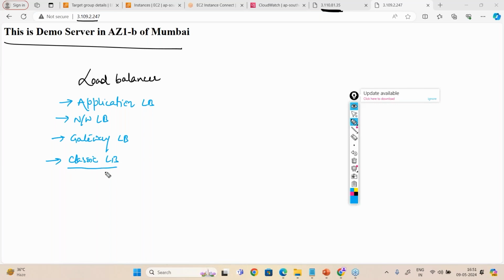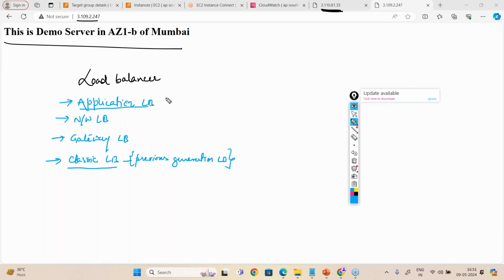Classic load balancer is a previous generation load balancer. Now, Parul, if it is previous generation, then why is AWS using it? Because some organizations are still using these load balancers. That's why AWS has not discontinued it, but very soon it is going to be discontinued, because AWS has created separate load balancers for all other purposes.